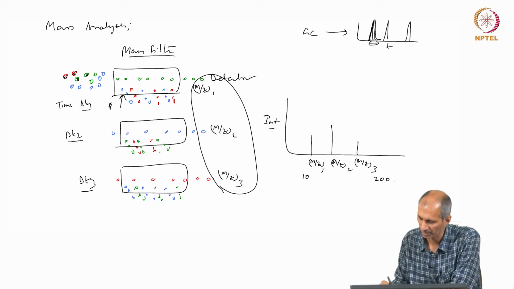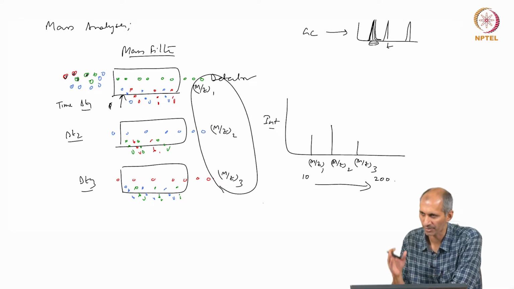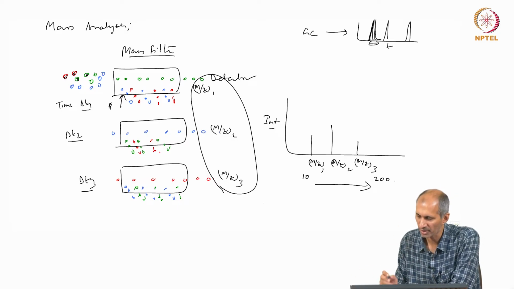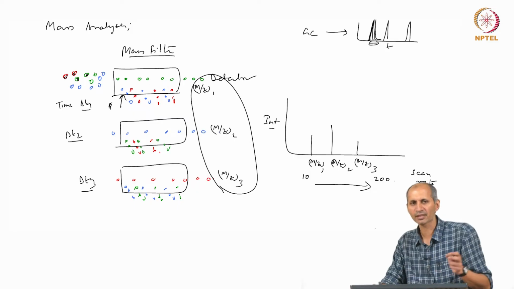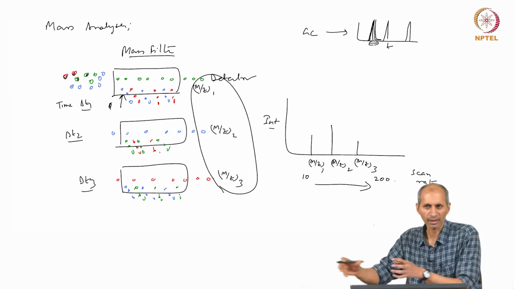It has to scan from 10 to 200 as many times as possible. It keeps going from 10 to 200 as many times as possible. So, it stays for some time. So, what it will do is, it has a certain what is called a scan rate. So, it will do that. So, you can imagine that if something is flowing at certain speed,